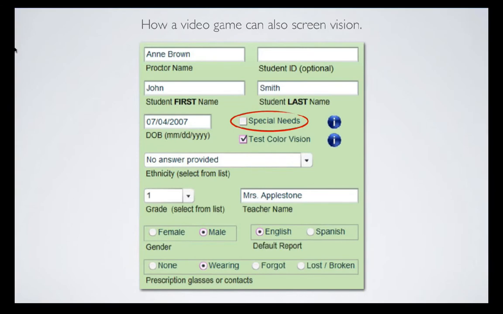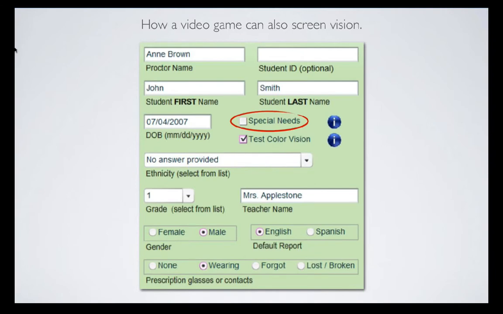Having said that, if you have a severely disabled child that cannot operate a mouse, you can click on the special needs option, and what you essentially do is interact with the child by having them point to a piece of paper based on what they're seeing on the screen, and then you're playing the game, for lack of a better term. You're operating the mouse on behalf of the child. But that special needs mode is rarely needed.